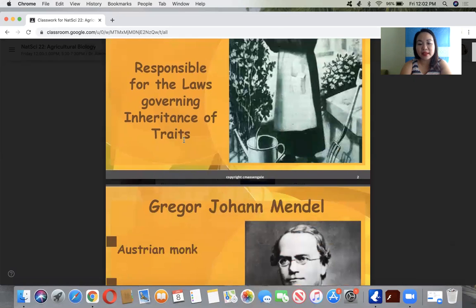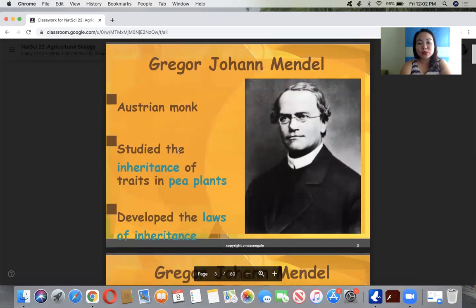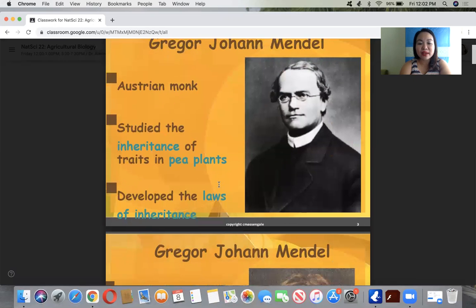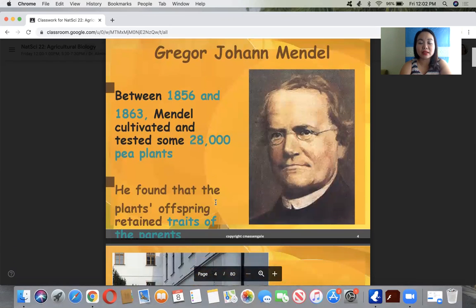Gregor Mendel is an Austrian monk who studied the inheritance of traits in pea plants and developed the laws of inheritance. Gregor Johann Mendel was born between 1856 and 1863